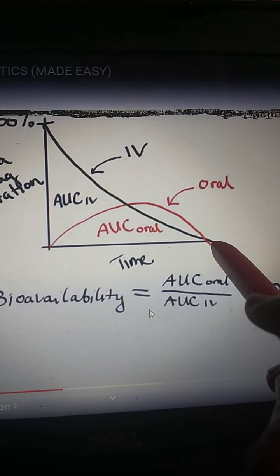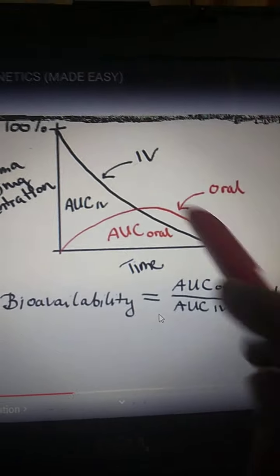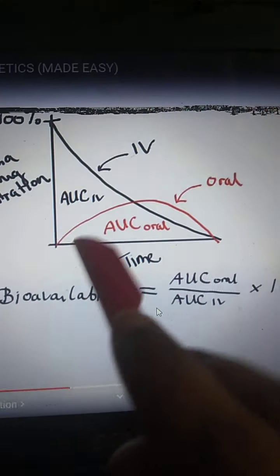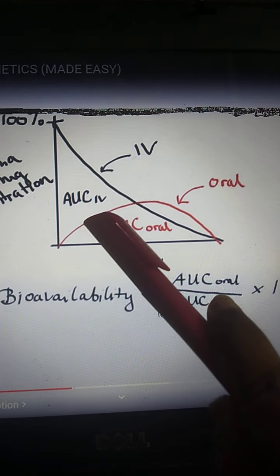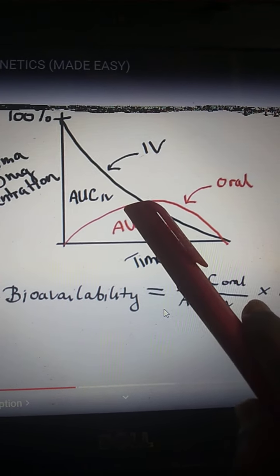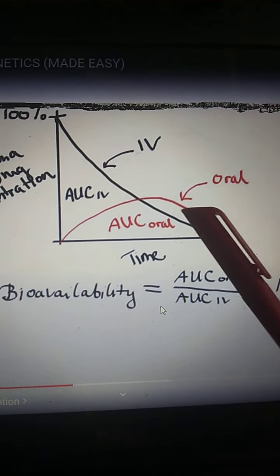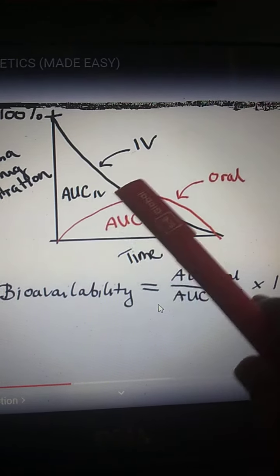This is the plasma concentration after a particular time when given IV. But in oral it isn't like that. In oral what happens is, first it gradually increases because it has to undergo first pass metabolism, and then it decreases. Now the area under this curve